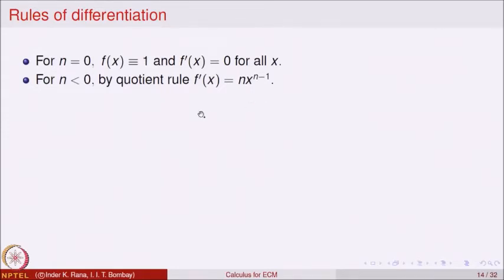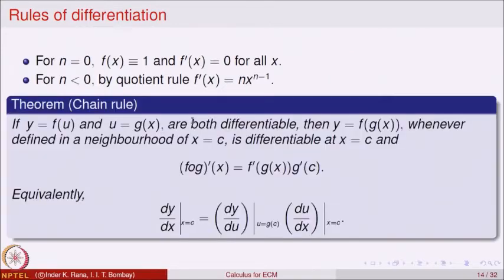Next, I am going to describe another important rule called the chain rule. The chain rule is used when there is a composition of functions, a function of a function. So we will state that first and then explain. Let y be a function of a variable u and u a function of a variable x. So it is a function of a function. When you combine the two, g takes x to a value u and f takes the value u to a value y. So when you compose the two, y is equal to f of g of x, then the composite becomes a function of one variable, that is x.